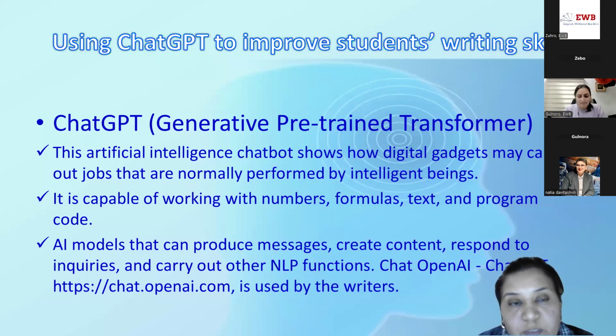Also, ChatGPT in writing, we can use for writing essays and in academic writing, for writing articles, for writing abstracts, and also for creating some kind of questions for writing. These are models that can produce messages, create content, respond to inquiries, and carry out other NLP functions.